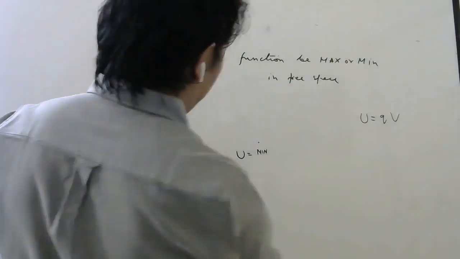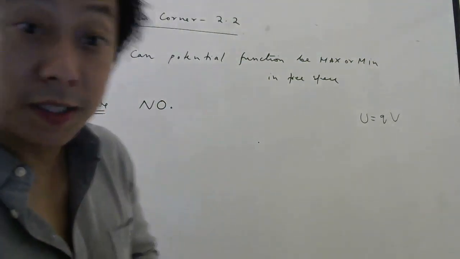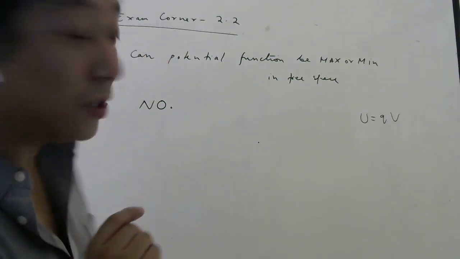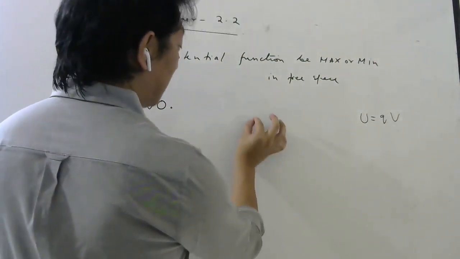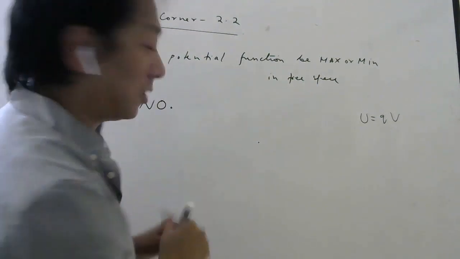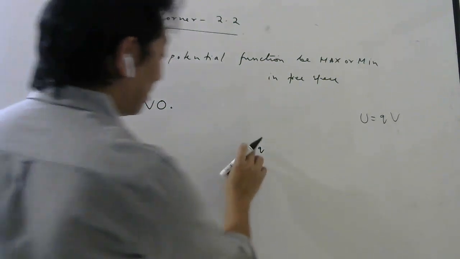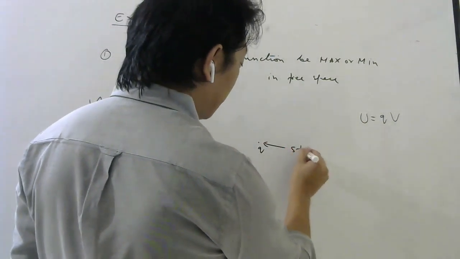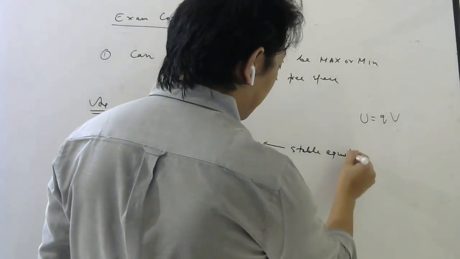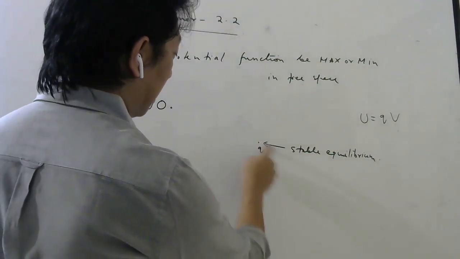Come back to this now. If potential is minimum, then you know it must be in what equilibrium? Stable equilibrium. Stable equilibrium means if you displace it this side, it should come back. Who do you displace? Some charge, no? You cannot displace a point. So imagine here potential is minimum. That point will be your stable equilibrium position. That means no matter where I move the charge, in whatever direction, it should come back.